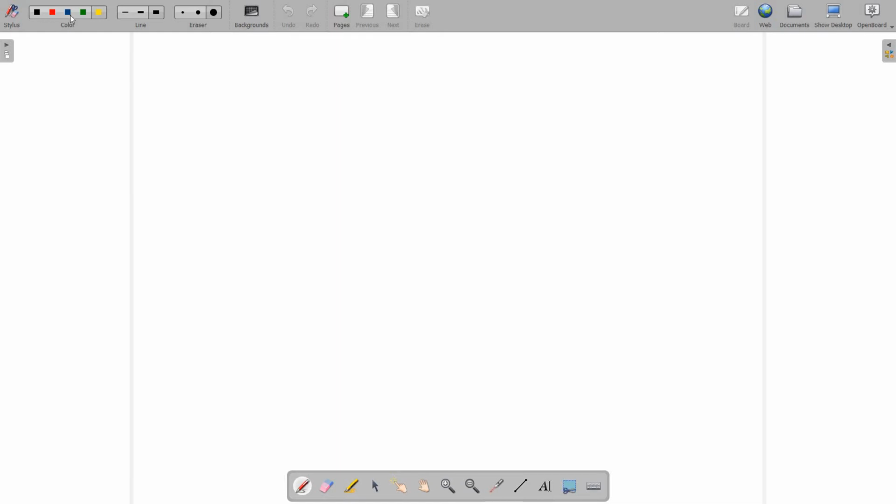So let me choose a red and let me choose the bottommost thickness of the pen. So now the stylus mode is on and I'm writing on the screen, "Hello Jyoti." So this is the thinnest possible line that is possible. And then if I choose the next thickness, I will get "Hello Jyoti" at this thickness.